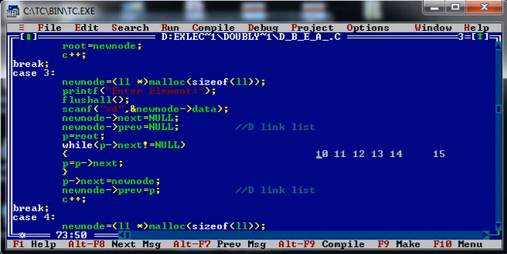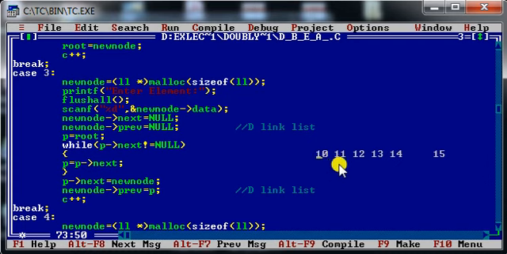Initially my p pointer, or you can say root pointer, will locate to element number 10. By writing this statement, p also locates element number 10, right? So right now p and root, both of these two pointers are locating the same element. Now what I have written, p of next is not equals to null. It means it will check whether the next part of 10 is null. No, it contains the address of 11.